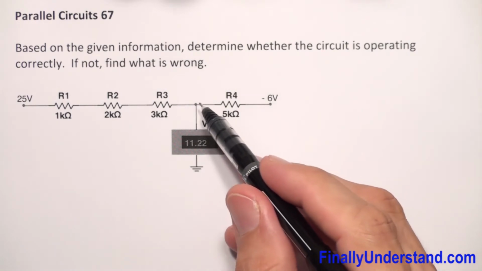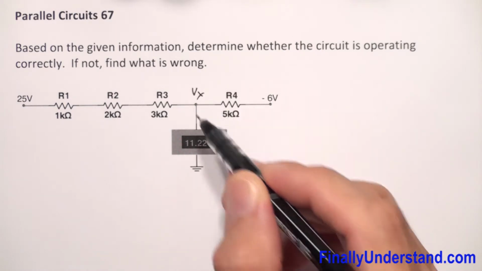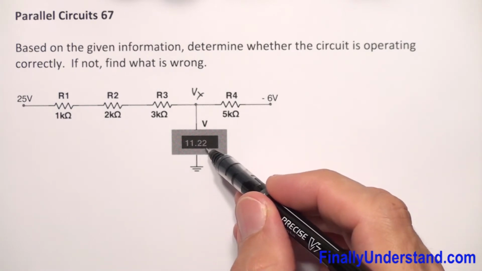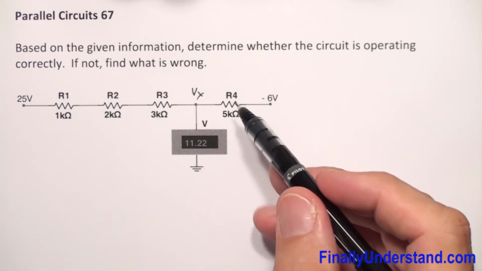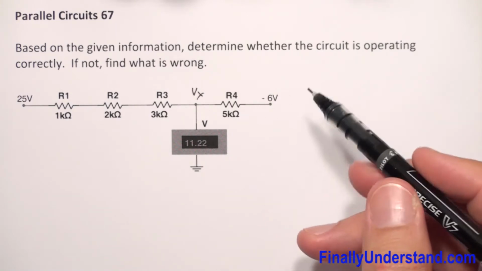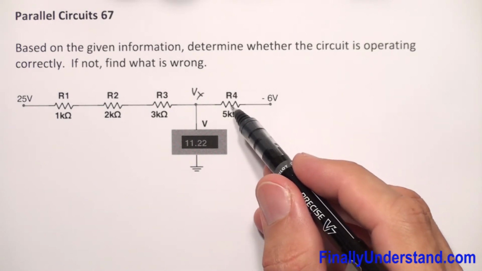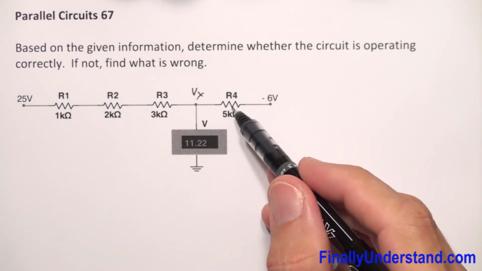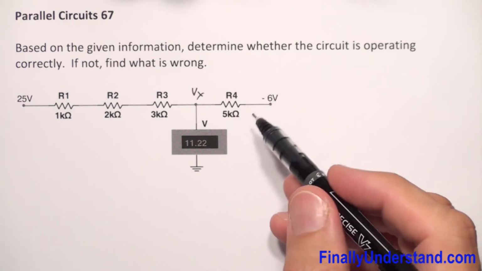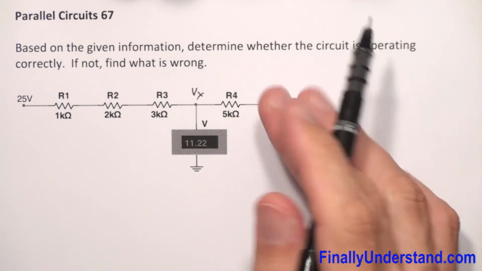Voltage at this point, right? Let me call this point Vx, for example. Vx is equal to 11.22 volts. Okay, so everything so far looks kind of okay, because this resistor is functioning. Why? Because if this resistor would be open, let's say this resistor doesn't exist,